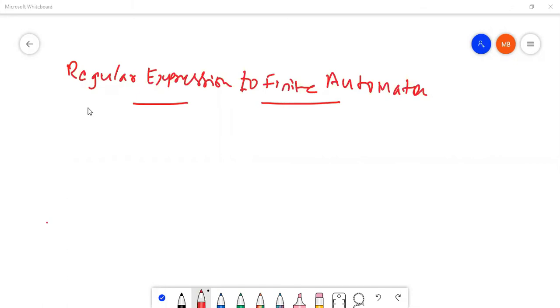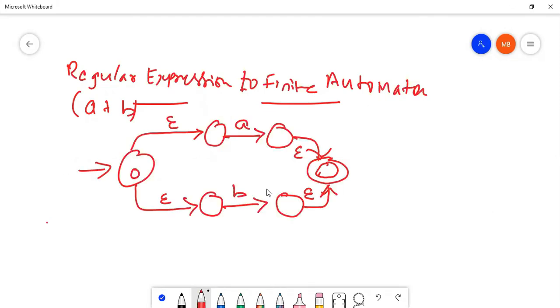So just to recall, you have already understood how to write a plus b. We had taken this automata for the expression a plus b. Now, we need to understand, for similar such expressions, if it is a lengthy expression, how do I write it? Let's start understanding it and let's see how it works.